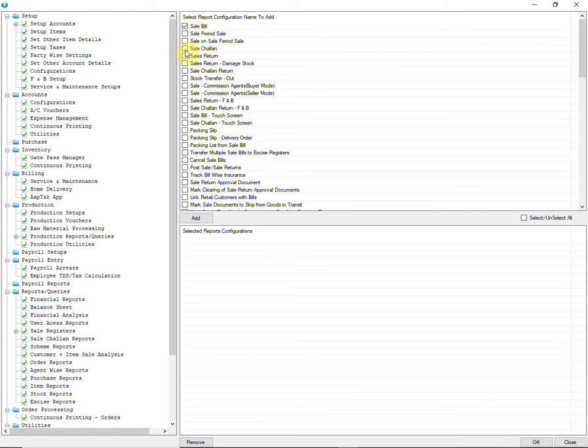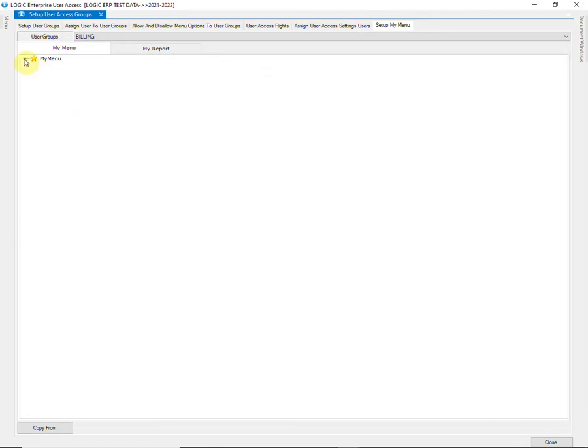Select the options that you want to add under it in My Menu. So this step is only for the purpose of designing My Menu. Rights have already been granted in the previous steps.